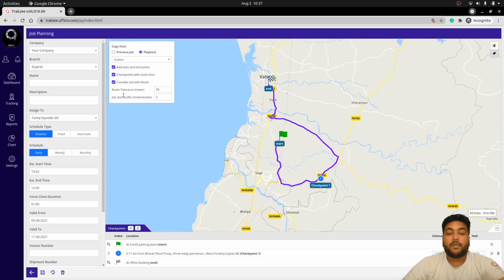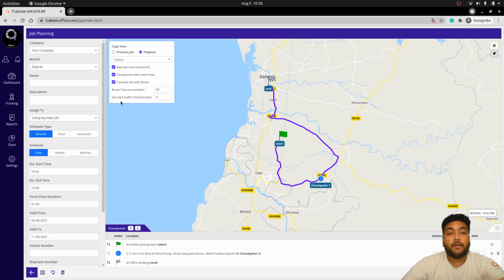Now in case you want to get the deviations and violations information, that tolerance needs to be entered over here with the radius tolerance meter. So based on the starting point of the route, when your vehicle is traveling on that particular route and it deviates from that path, then based on this tolerance, the off-route deviation alerts will get reflected, and that can be triggered onto your violation.